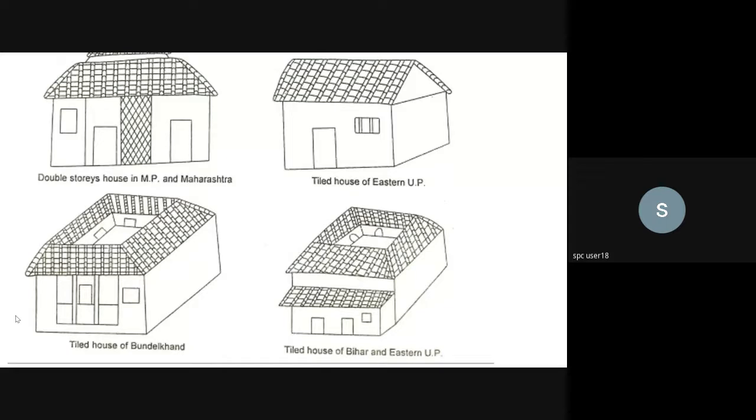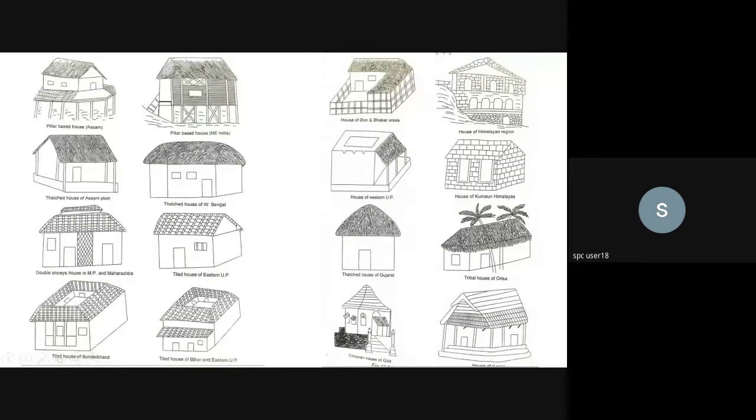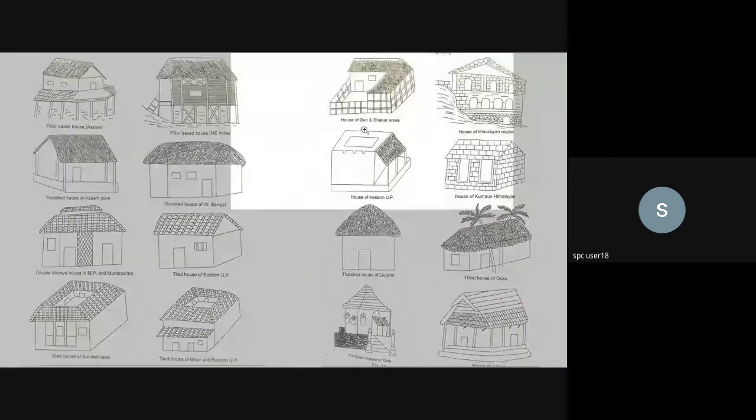Here you'll see that the sizes of families in Madhya Pradesh and Maharashtra would be relatively smaller, so smaller houses, and the topography being a bit rigid, they would be building in storey fashion. As far as Bundelkhand or Bihar is concerned, the plains give them scope to build large houses, and as I've already said, the family size would also matter.